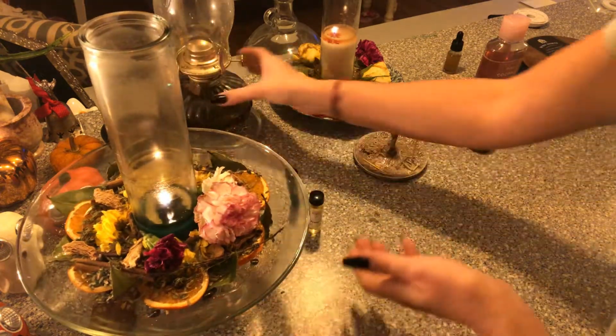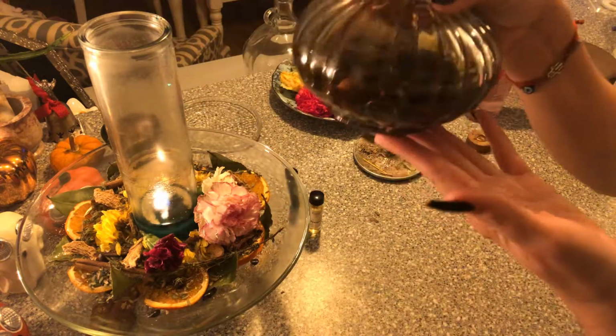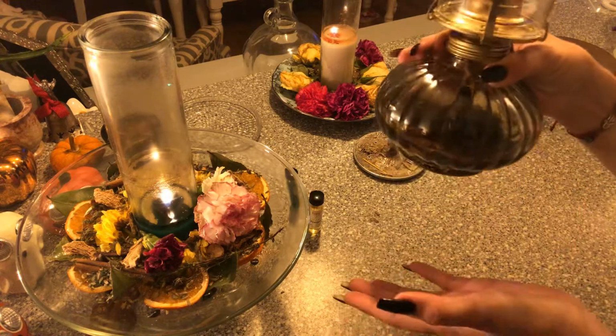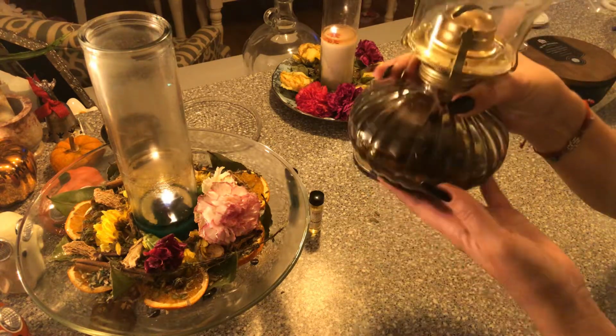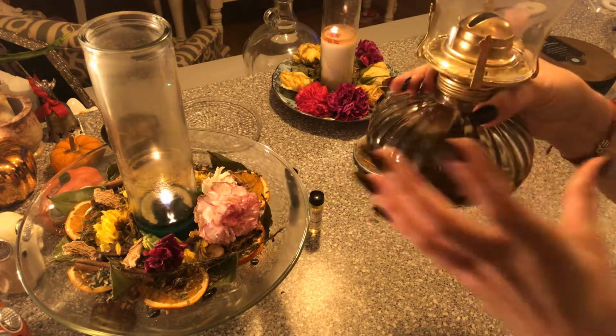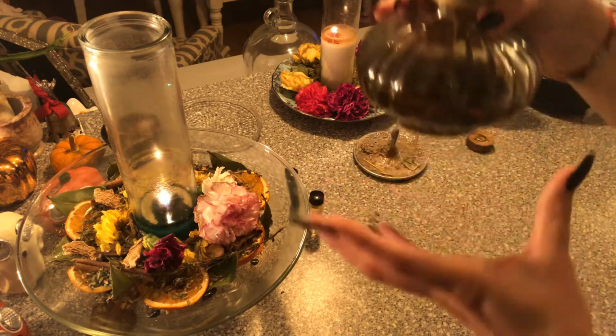Another way that I use my oils is in a traditional oil lamp. Now, this is a hurricane lamp. I did purchase this at Walmart as well. I've made this into a hoodoo prosperity lamp, okay? You can look that up and you'll find oil lamps just like this. There's a lot of instructional information on the internet about this. Anyway,